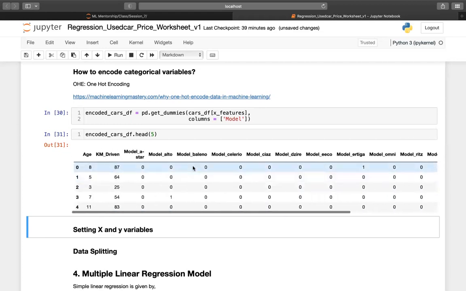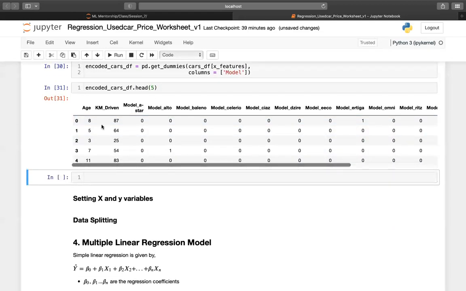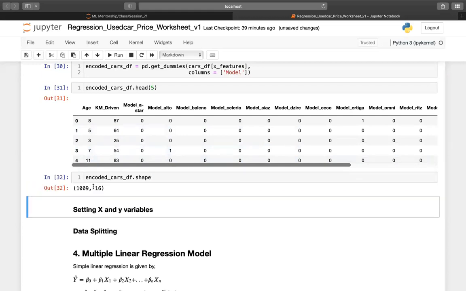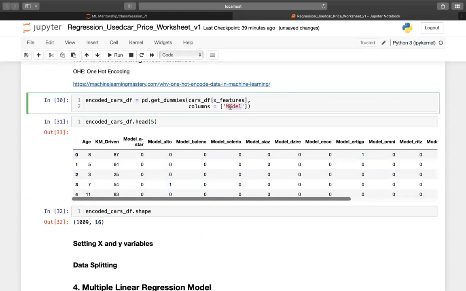Right? And how many total variables have been created? So encoded cars df.info, or you can just look at the shape. So 16 variables now. Two of them are numerical, and the remaining 14 new dummy variables have been created